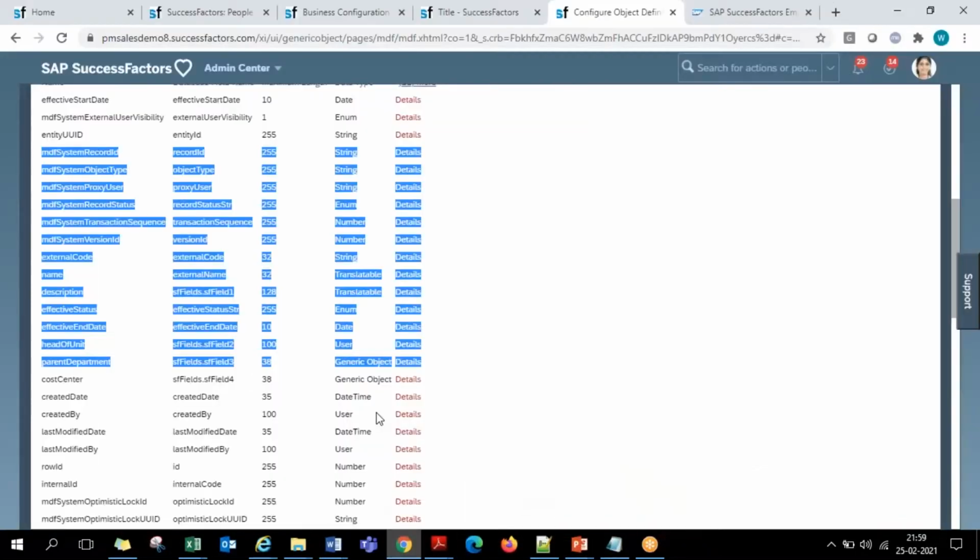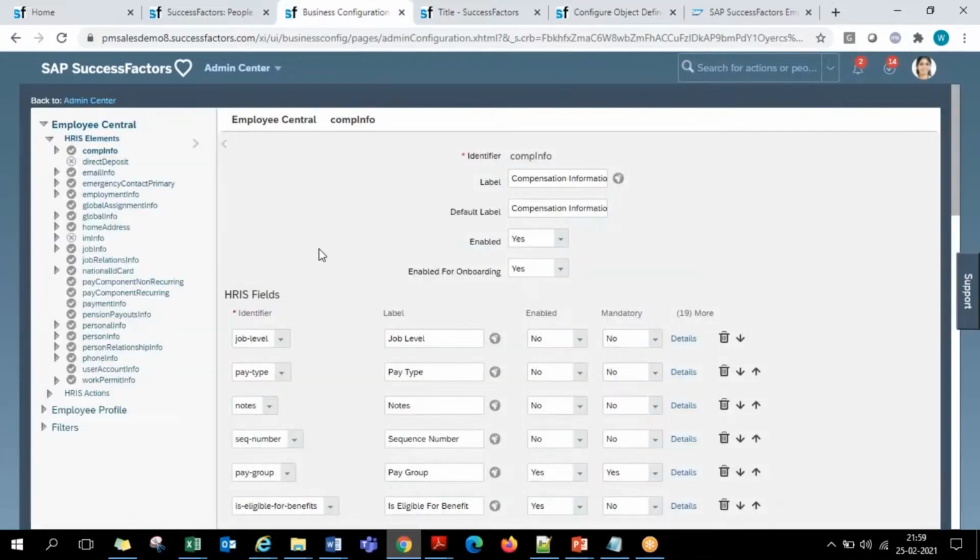But when you compare with the business configuration of the succession data model, guys, this is not MDF. I want to particularly highlight this. The Manage Business Configuration screen of the succession data model is not an MDF tool. It's a front end tool where you can see whatever you have in the data model on the front end. But here, the things that are in the XML are also in the front end, so both places they exist. But with the corporate data model and MDF, the code which was previously present in that XML has been reduced and brought to the front end.